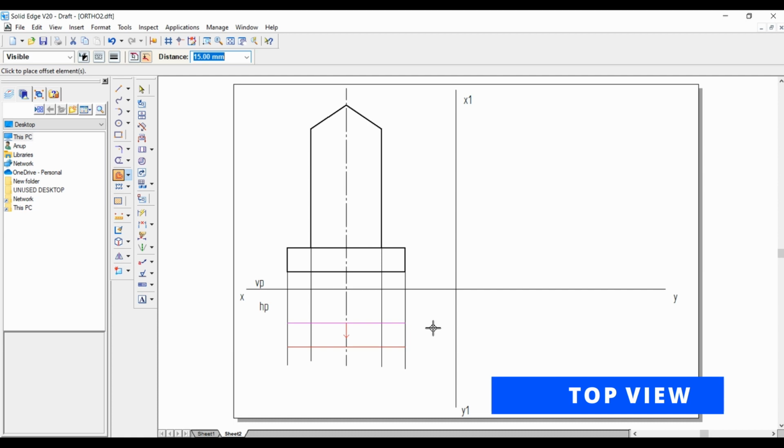Then right click, again select the offset option, distance 15 mm, select the line. Now to the bottom. Now let's join these lines to form the rectangle.